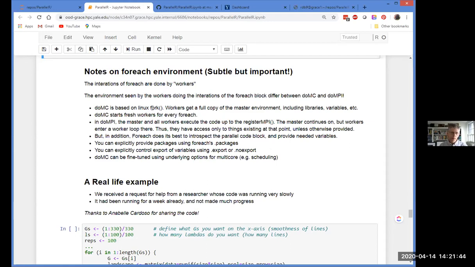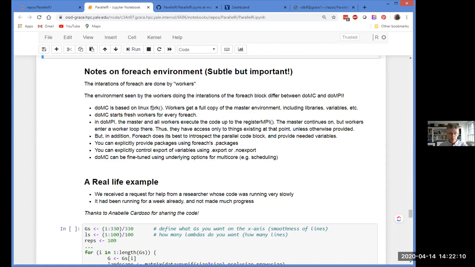So the idea behind doMC is you hit the foreach, it spawns a bunch of workers using fork. They execute on the iterations. When all the iterations are done, the workers are torn down and thrown away, and the master goes on, and if it's another foreach, it'll do the whole thing again. So that's how that works. It's very simple, works really well.